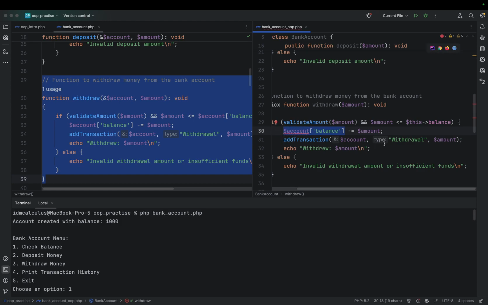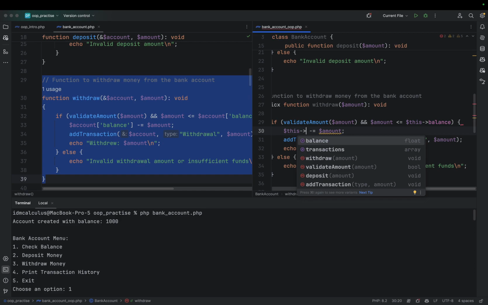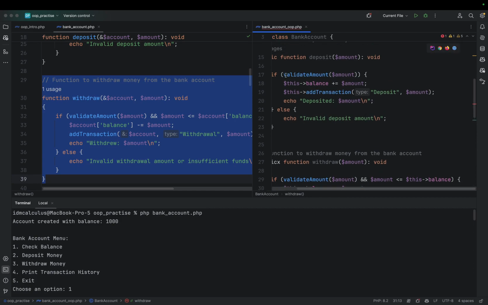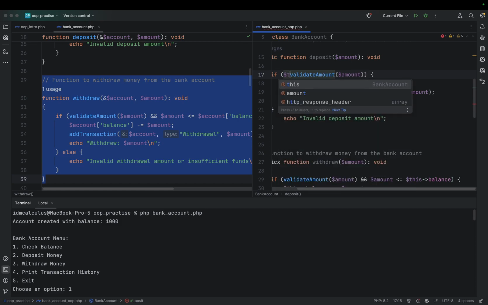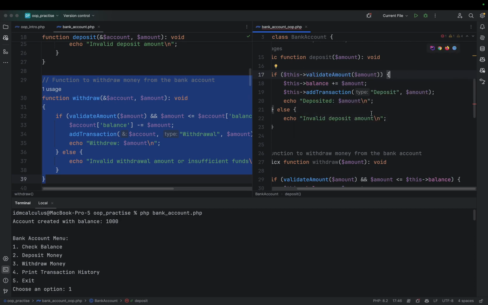So this validation that we are doing here is basically trying to check, does the user have enough money in their account, and this balance minus equals amount. Then the add transaction too. Remember that transaction is a what's it called? Oh, pardon me. This validate amount is a method of the bank account class, so it should be referring to the class. So we have this validate amount. So we have that, and then